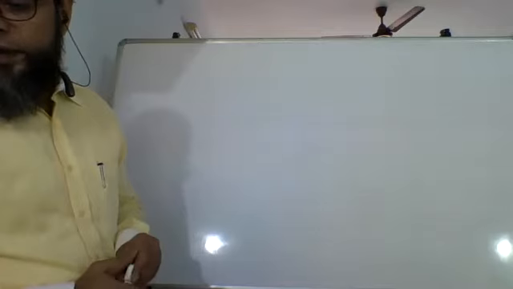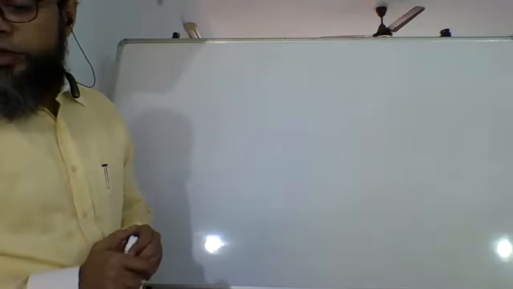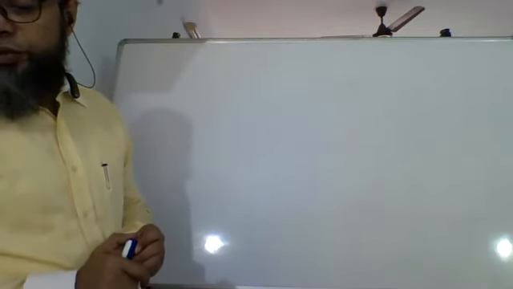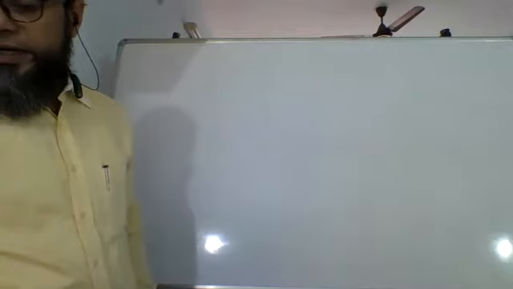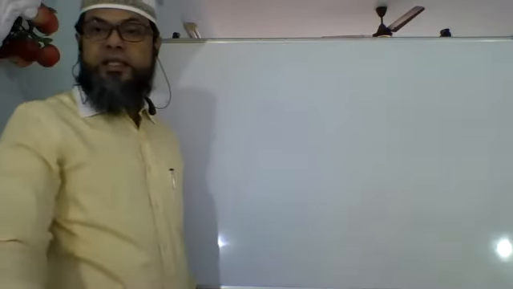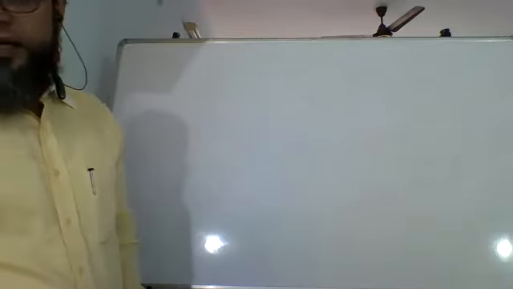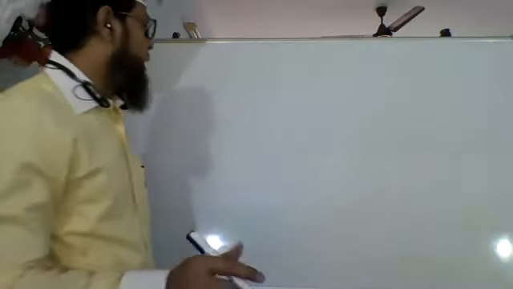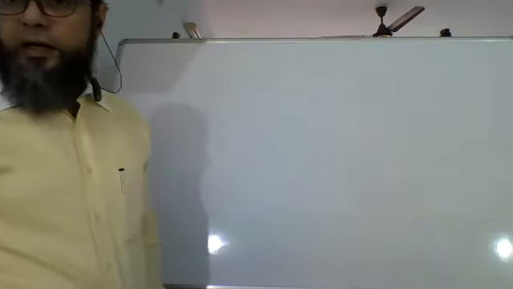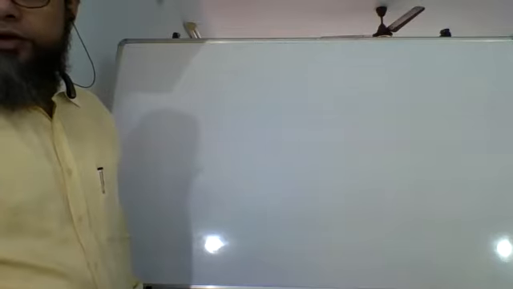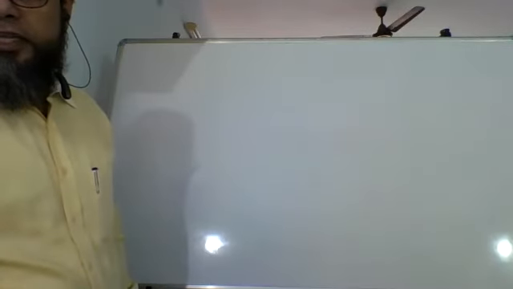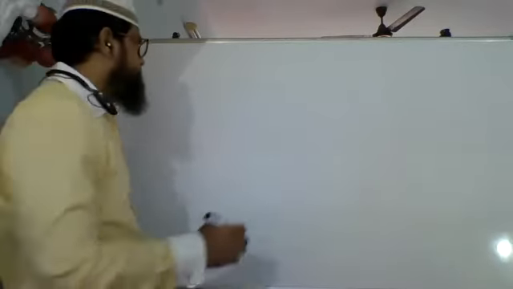When the degree is 1, then it is called a linear polynomial. When the degree is 2, it is called a quadratic polynomial. When the degree is 3, it is called a cubic polynomial. And if the degree is 4, it is called biquadratic. Now, what do we mean by degree and all those things? That also I'll explain to you briefly.